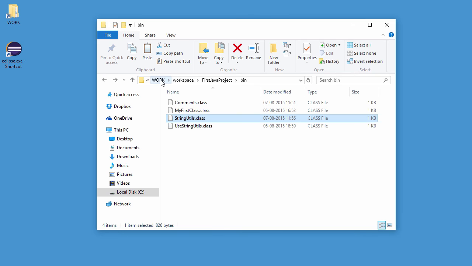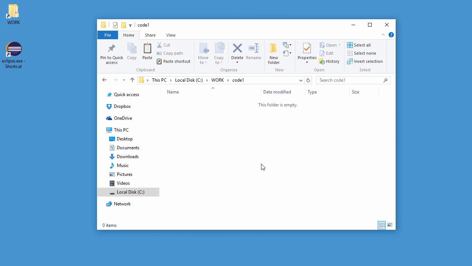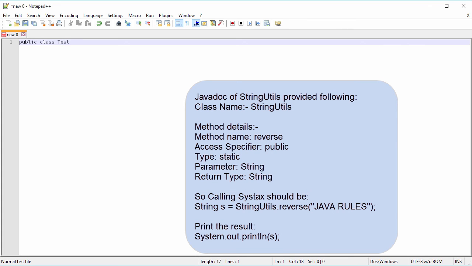Let me create another folder inside work and name it to code1. Paste the copied class file over here. Now open Notepad++ and start writing your class that will make use of reverse functionality.